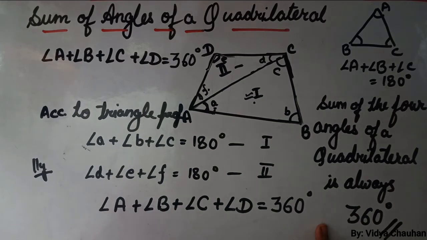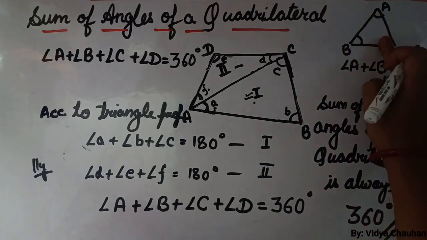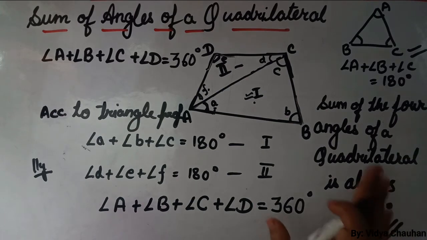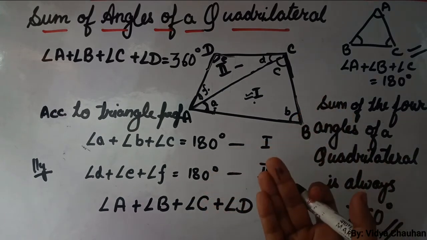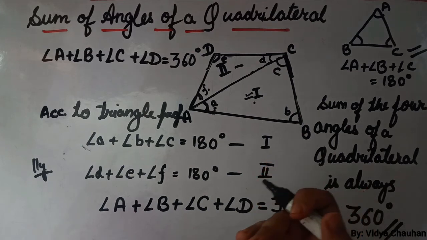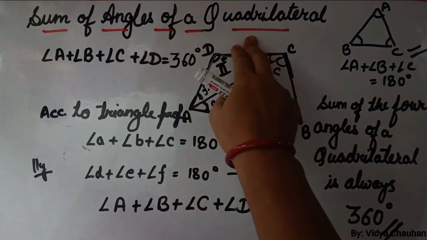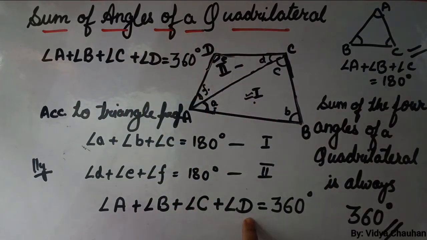Like as we have done in the triangle, that two angles are given and third angle is not known to us, so we have calculated by using the property of triangle. Similarly, if there is a quadrilateral given to you and three angles are given to you and one unknown angle is being asked, so you can find that angle by using this property of quadrilateral, that sum of the four angles of the quadrilateral is 360 degree. So students, I hope that you have understood this concept. Let me explain the same concept by taking an example to you all.